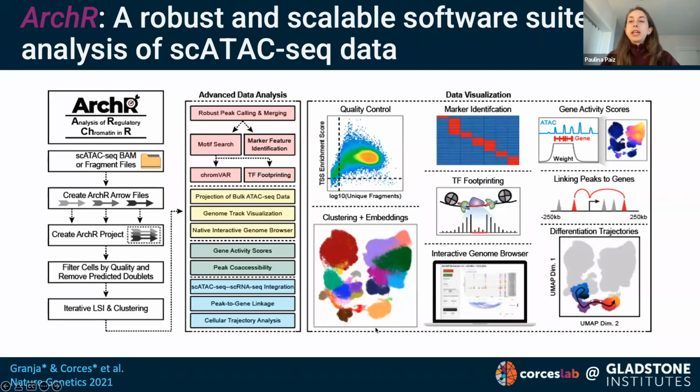So there are a couple computational tools out there that help biologists make sense of single-cell ATAC-seq data. ArchR was developed by the head of the Corces Lab, Ryan Corces, and his colleagues when he was a postdoc at Stanford. And I might be biased, but it is the best by far out there. Here I'm showing a bird's eye view of the end-to-end workflow, and what I hope you can appreciate is just how comprehensive it is. A key feature of ArchR is the interactive genome browser. Scientists find it really useful because